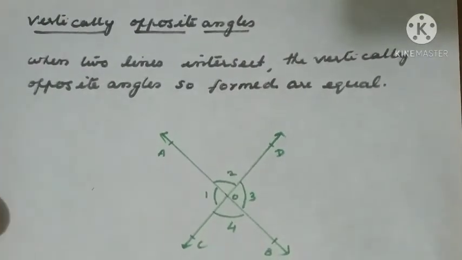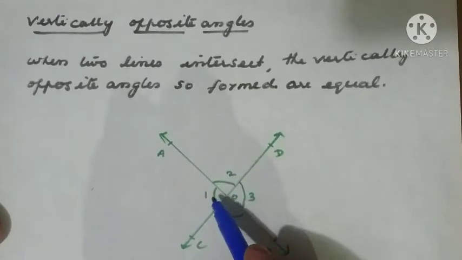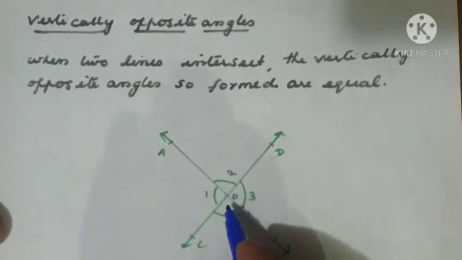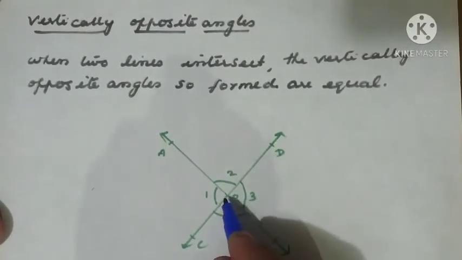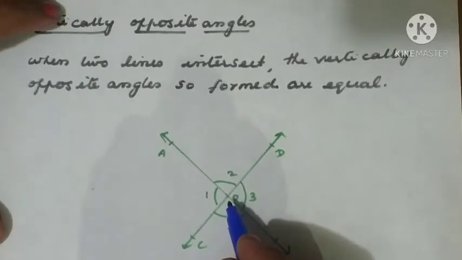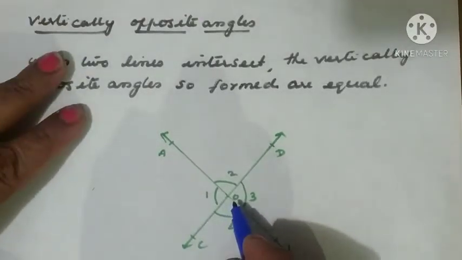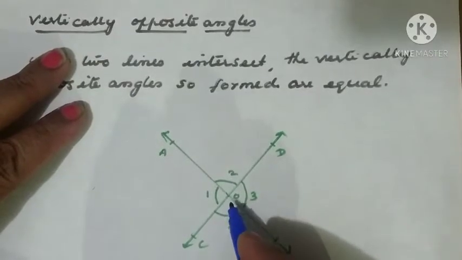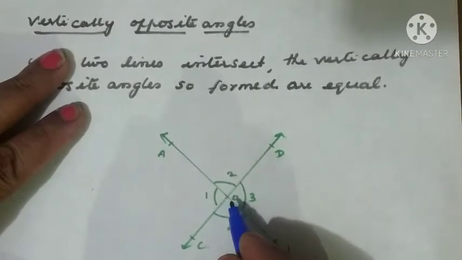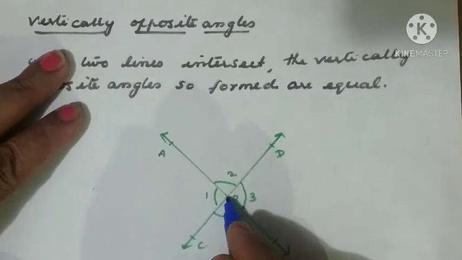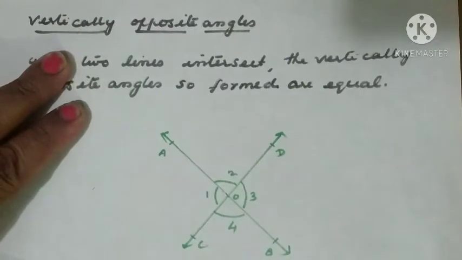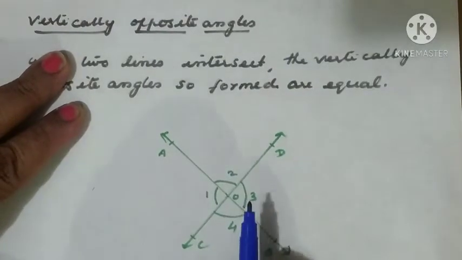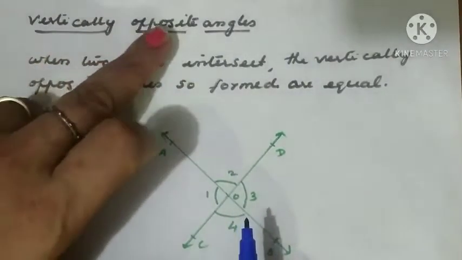Now what is the meaning of vertically? Because all these four angles share a common vertex O only. That is what the word vertically shows. The common vertex O is formed for 1, 2, 3, 4. With that we are getting the word vertically, right? Usually vertical means a vertical line, but not like that. Vertex here means the common vertex. So angle 1 is formed at O, 2 also in the same way, angle 3 and angle 4 also formed at O only. That is why vertically opposite. Now you understood the meaning of vertically as well as opposite.